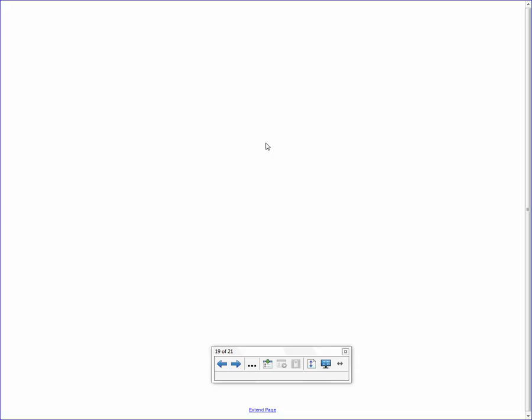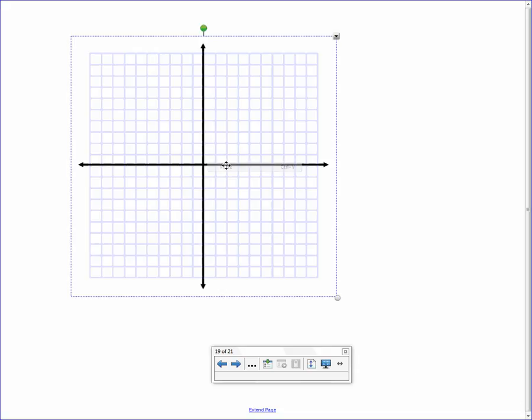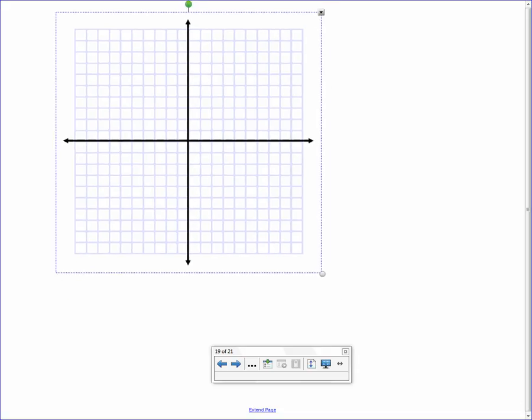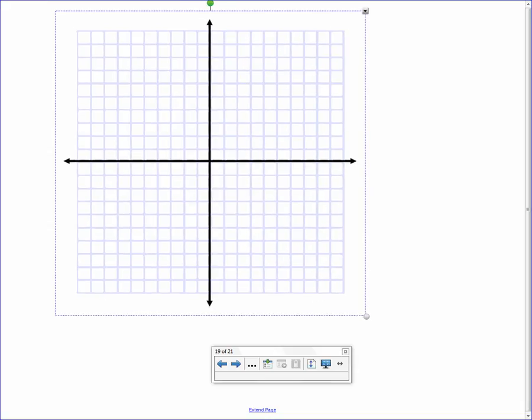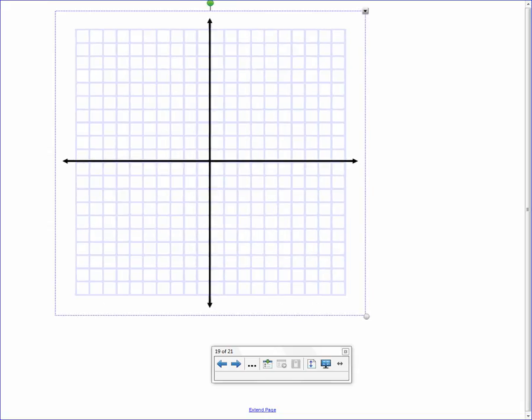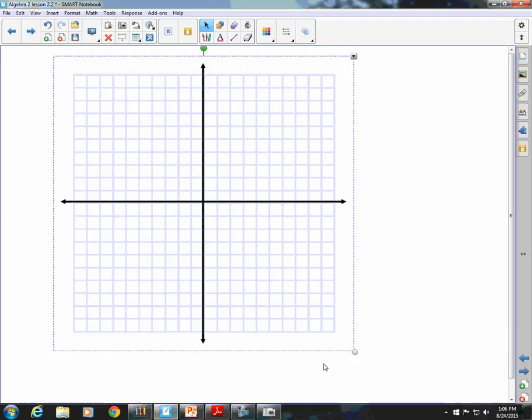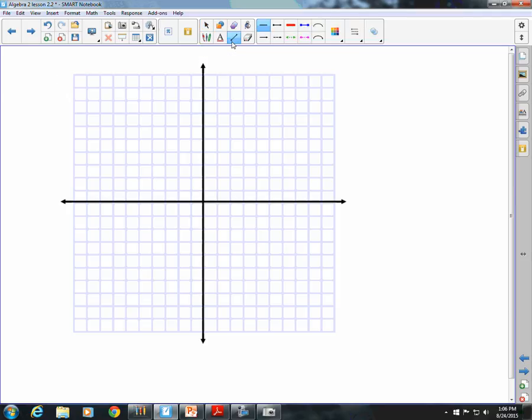All right, here we got a graph. Now, what I want to look at here is a line. We're talking linear, okay? So let's just get a line going up here. I'll just make a line go from here down to there. Let's make it go right to there. Okay, good. All right, some key points on every linear graph are where the graph crosses the x-axis and where